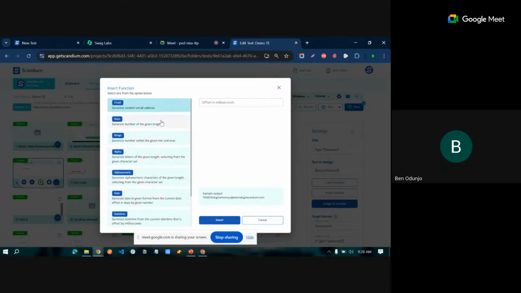All of these can be used based on what you're trying to achieve with your test case, right? So these functions per se,